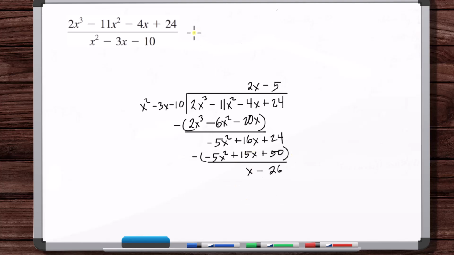All right, and so this is equal to 2x minus 5 plus